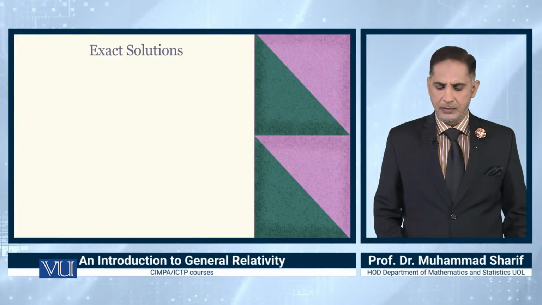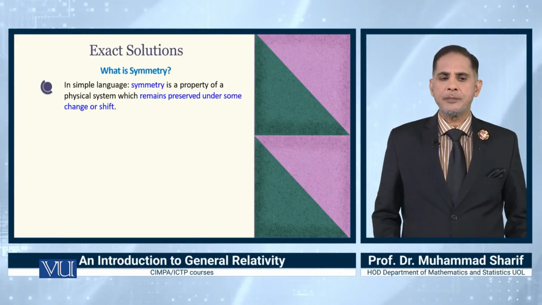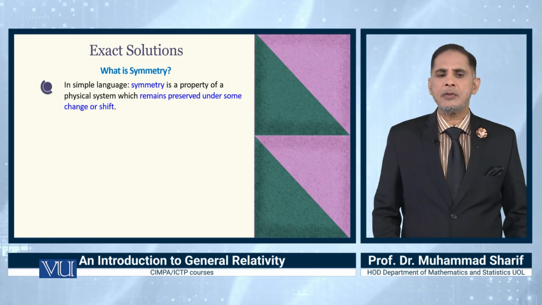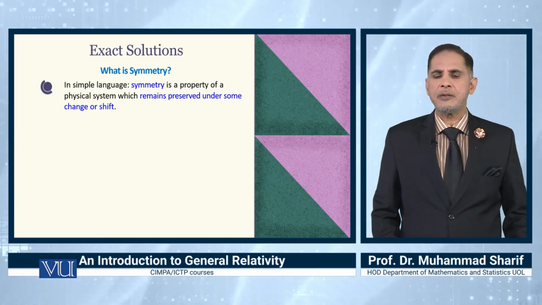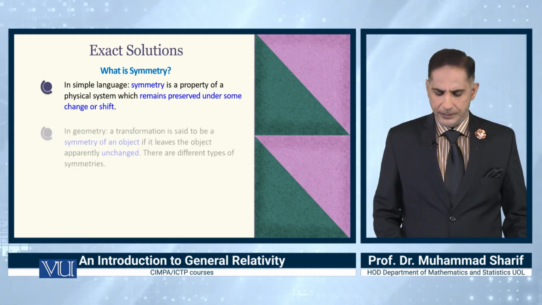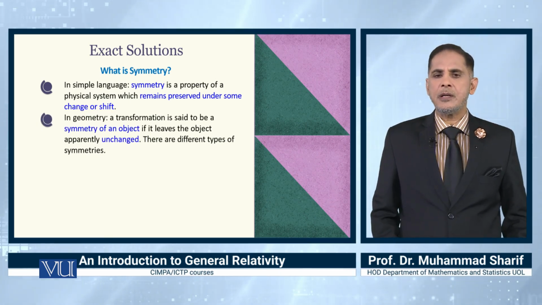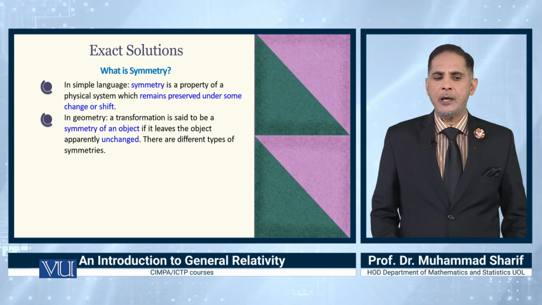We shall start with the symmetries. First of all, what is symmetry? In simple language, symmetry is a property of a physical system which remains preserved under some change or shift. In geometry, a transformation is said to be a symmetry of an object if it leaves the object apparently unchanged. There are different types of symmetries: